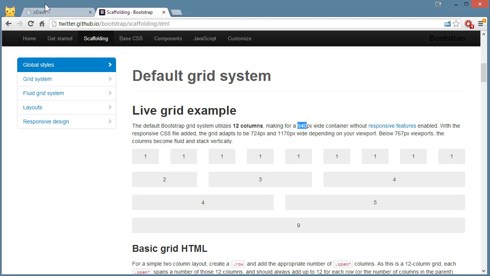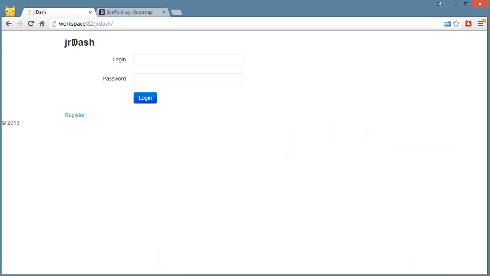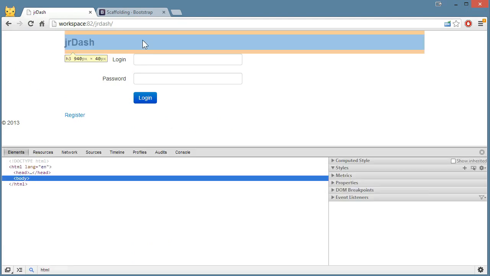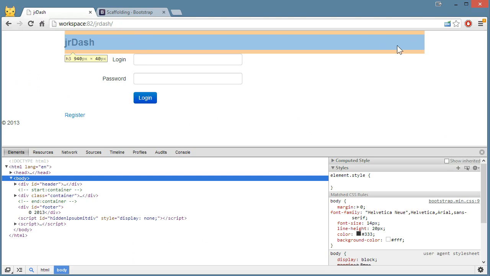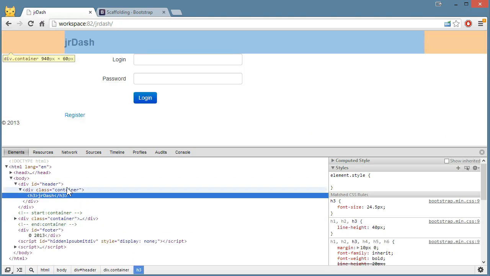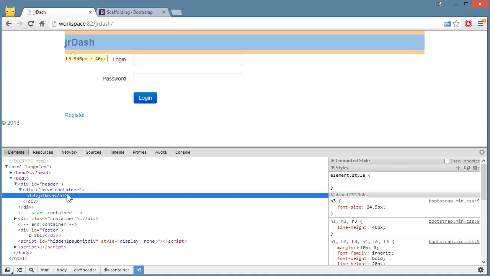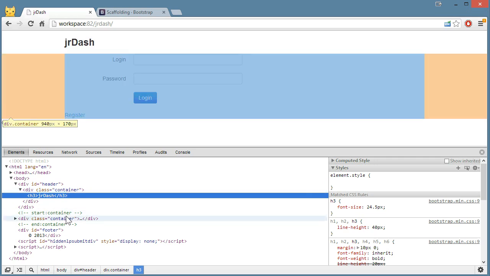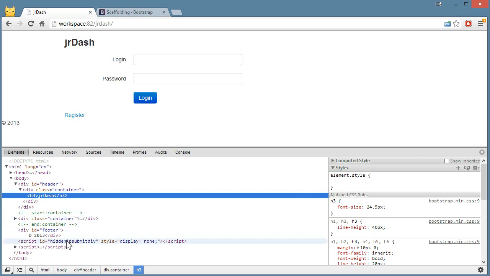So if I go ahead and refresh the page, we have Junior Dash, and you see it jolted over here. If I open my inspector, you'll see this container here is the class container, 940 pixels wide, and that's really the container that we want throughout the site. You see how hovering this is the same as this container,